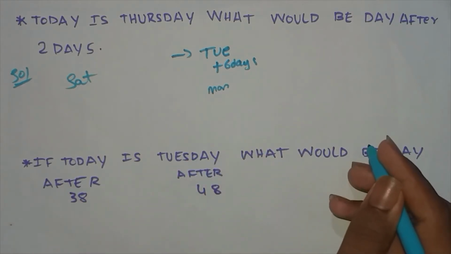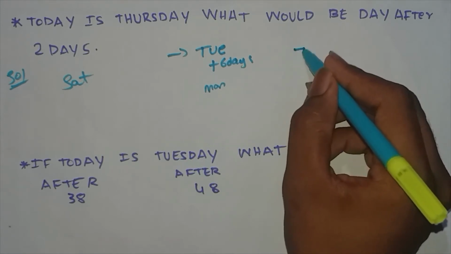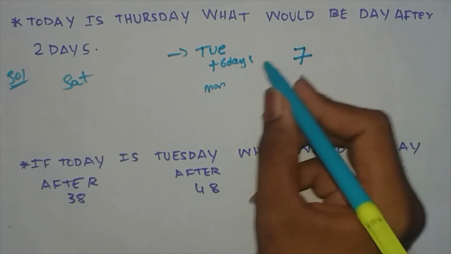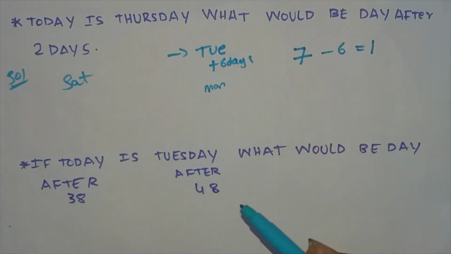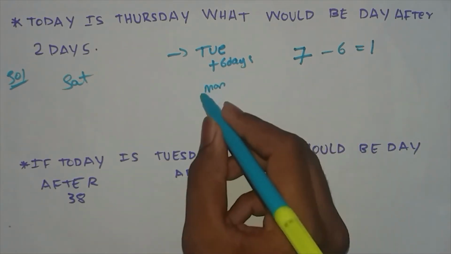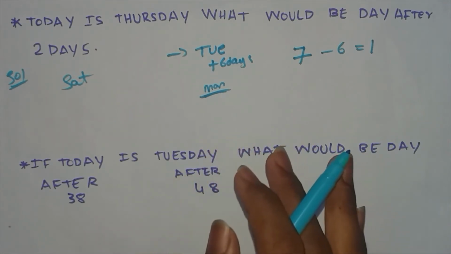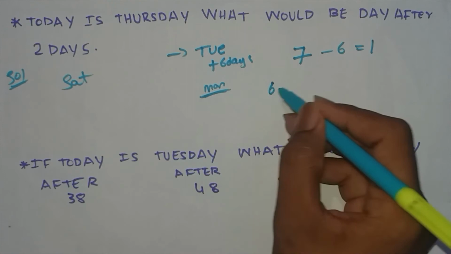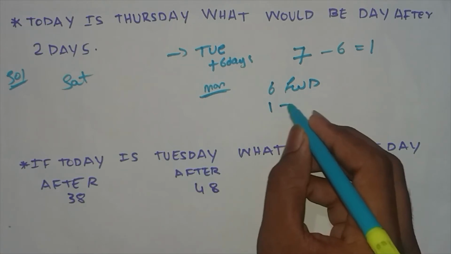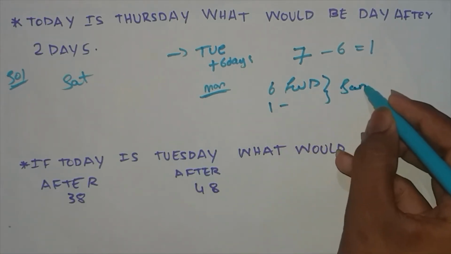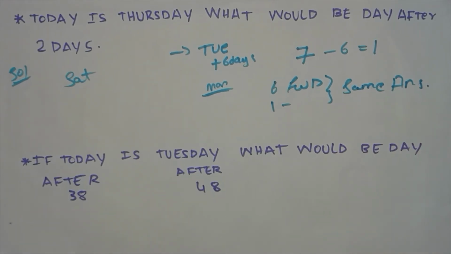The easy trick is to subtract the odd days from 7. A complete week consists of 7 days. When you get the odd days as 6, 7 minus 6 is equal to 1. So simply subtract 1 from Tuesday, and it gives Monday. If you add plus 6 days, it also gives Monday. So going 6 days forward, or subtracting 1 from the given day, gives the same answer. It is your wish whether to go forward or backward, based upon your knowledge.